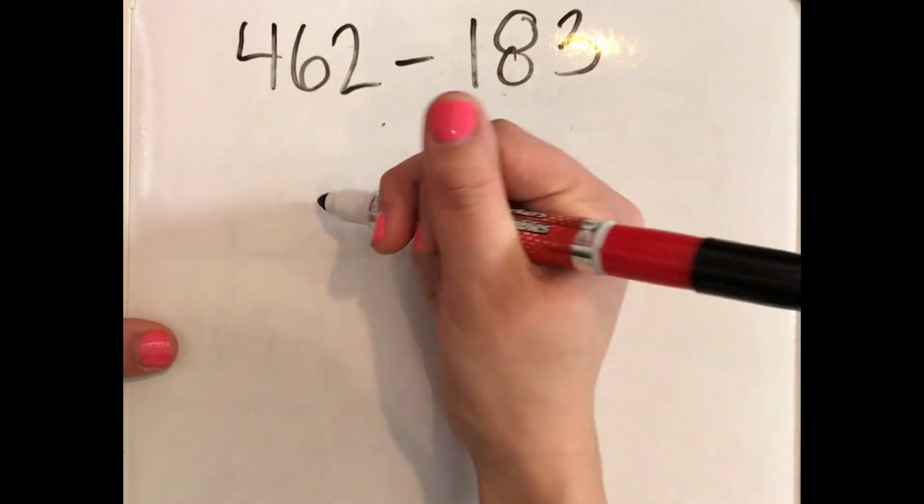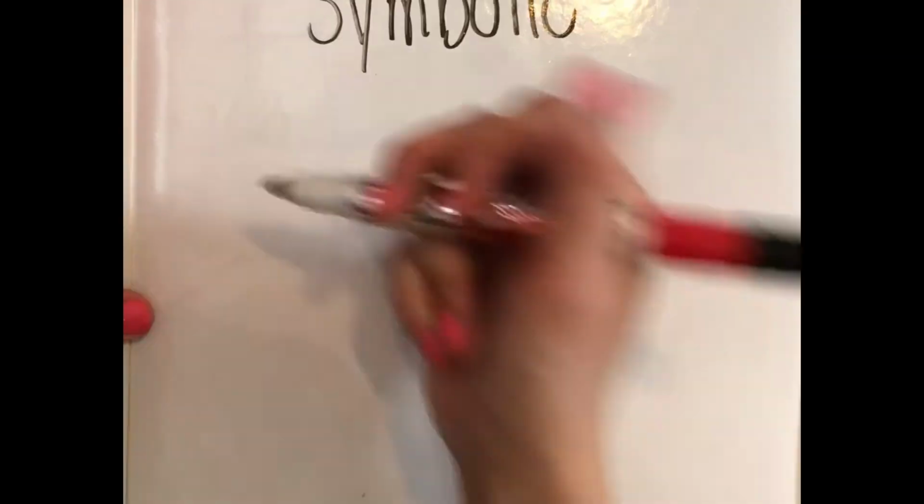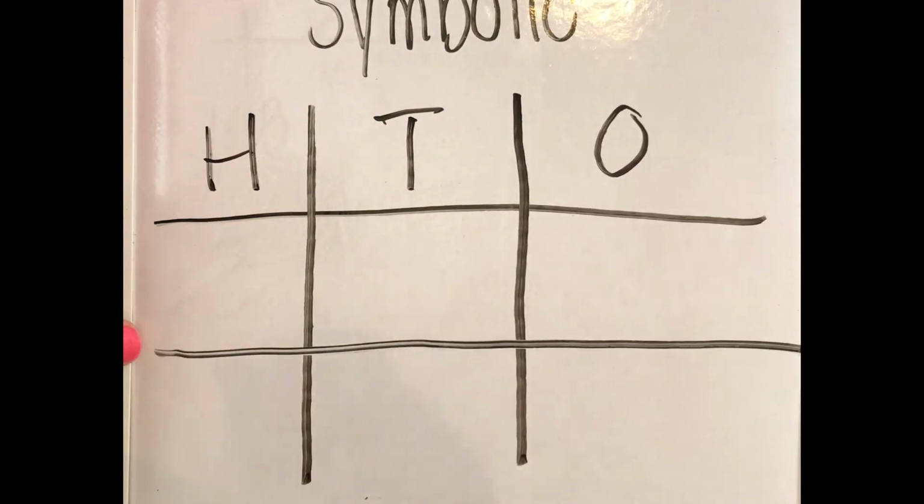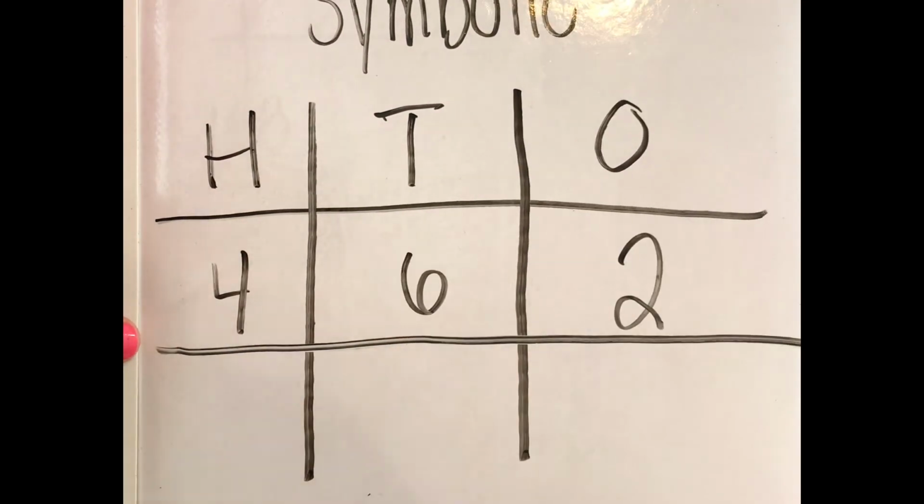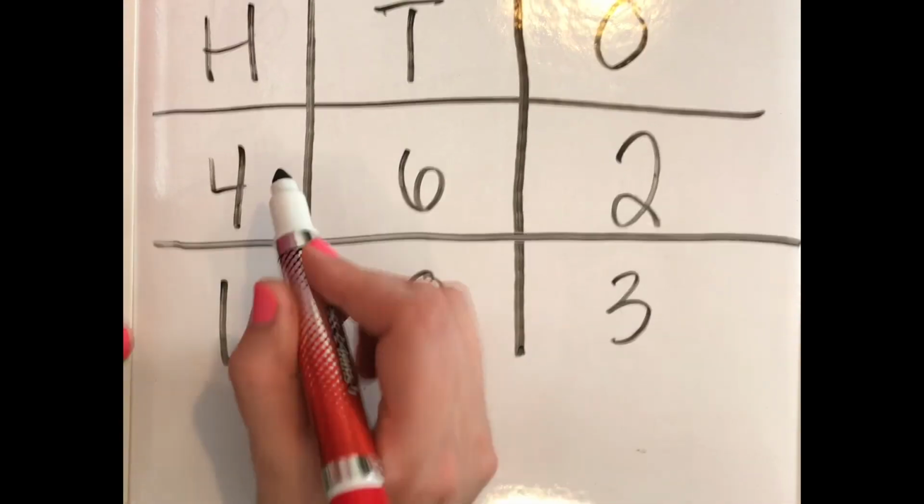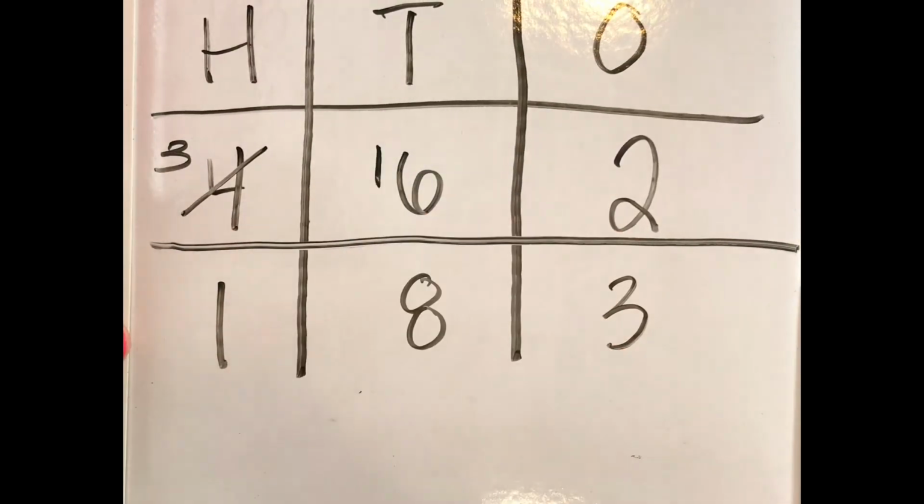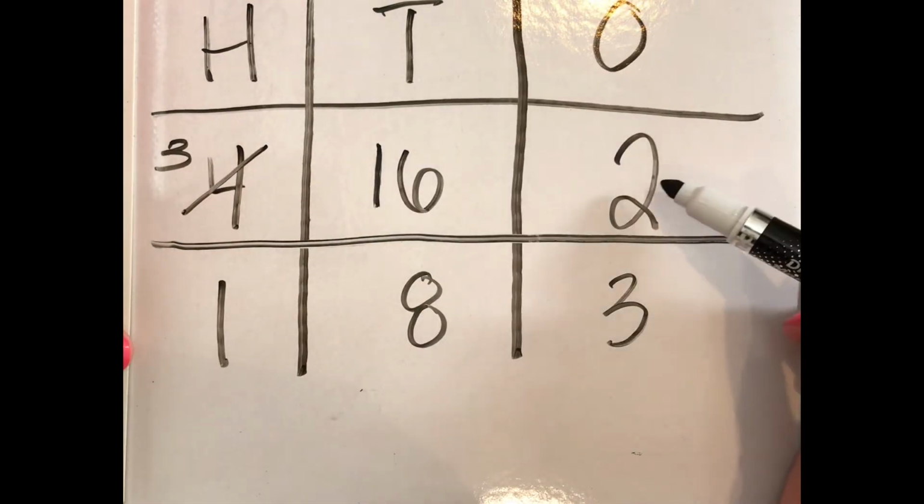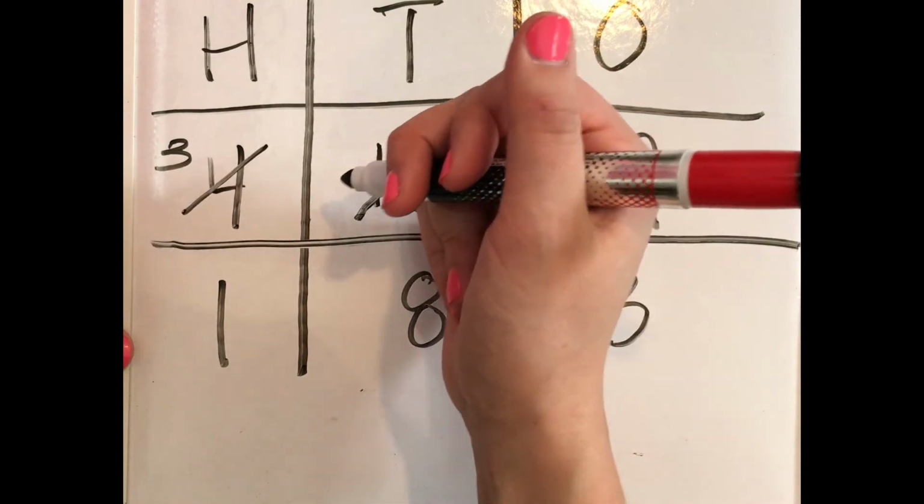Another way to do this is through a symbolic representation using the same type of graph with hundreds, tens, ones, and the line dividing the top and the bottom number. However, we'll actually use numerals this time. So again, we need to borrow here. So we'll borrow 1 from the hundreds, bring it to the tens, borrow 1 from the tens, bring it to the ones,